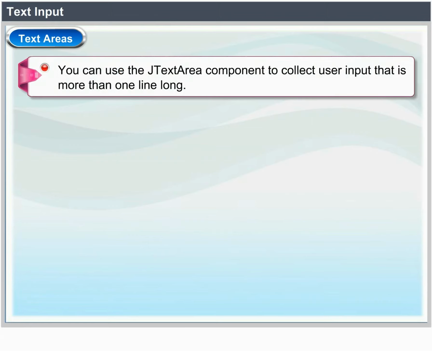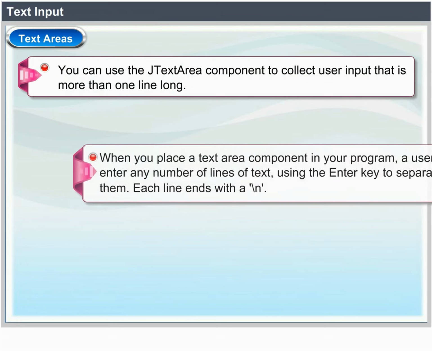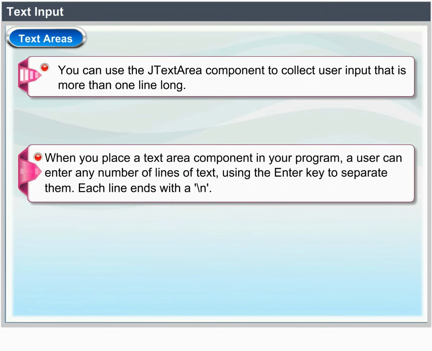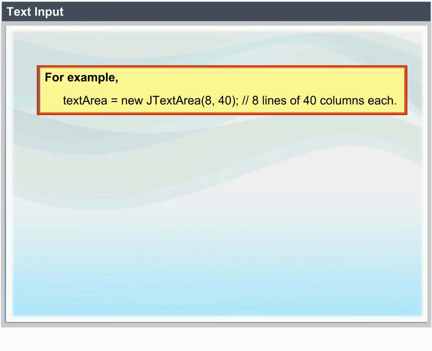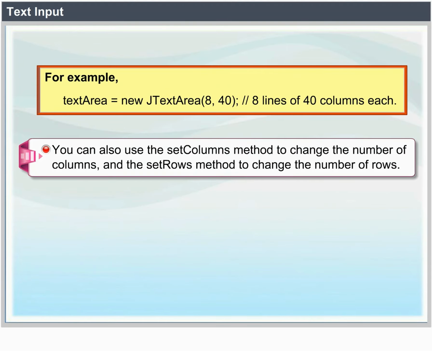Text areas. You can use the JTextArea component to collect user input that is more than one line long. When you place a text area component in your program, a user can enter any number of lines of text, using the enter key to separate them. Each line ends with a \n. In the constructor for the JTextArea component, specify the number of rows and columns for the text area. For example, textArea = new JTextArea(8, 40): 8 lines of 40 columns each. You can also use the setColumns method to change the number of columns and the setRows method to change the number